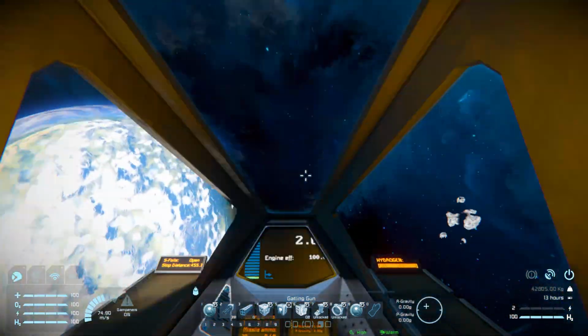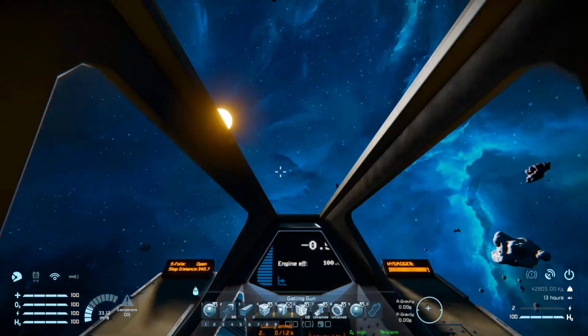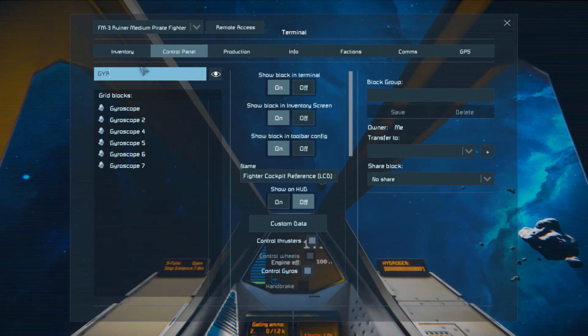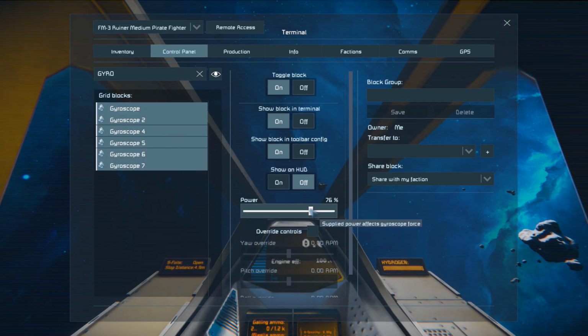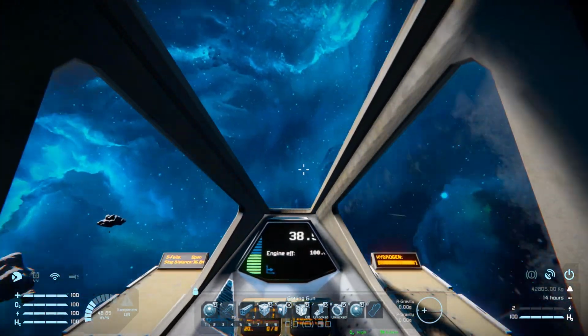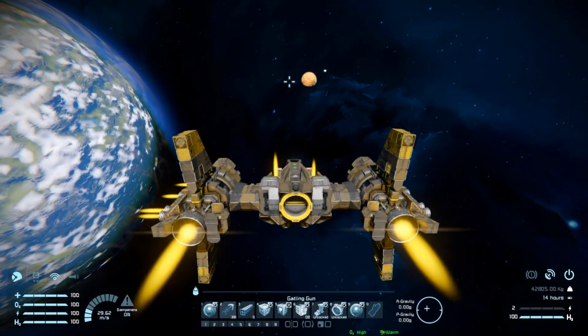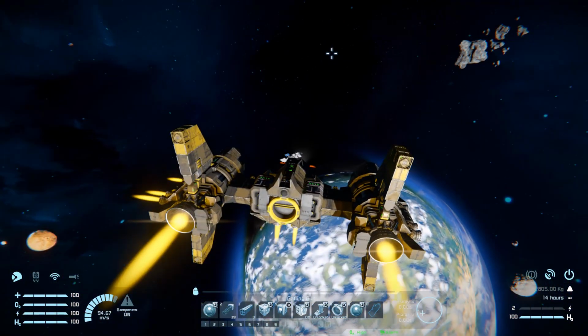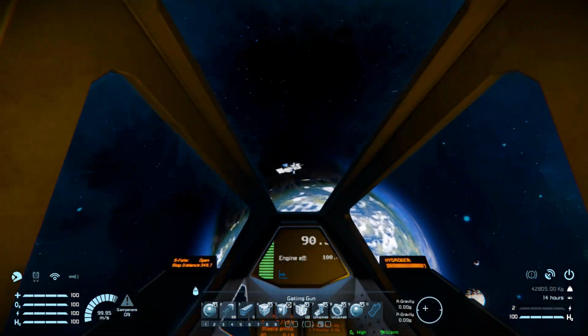Wiggling my mouse around, this is what we get. We have basically no weight on this whatsoever, to the point that you may want to turn down the gyroscopes to add a bit of meat to the controls. So dropping them down to about 66%, we've now got a little bit of drag on here, but it's a bit more chunky with the controls and might be a bit better to fly around. Yes, as for that, there's not too much else to talk about,